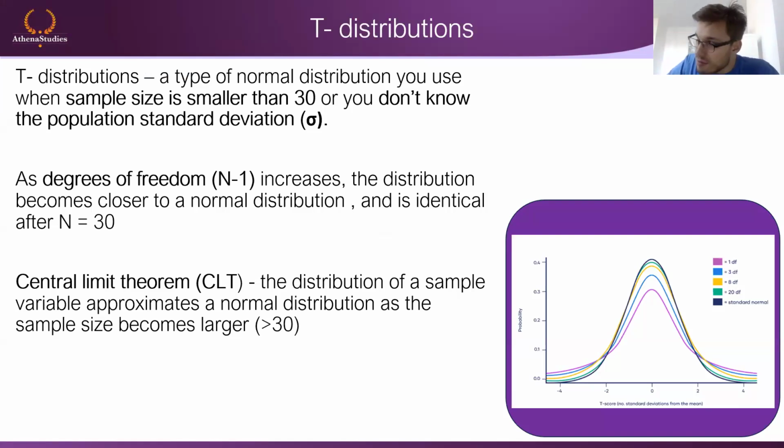Now, most of the time you don't know it. This is why t-testing is so overpowered. I love it because you almost never know the population standard deviation. If I tell you to go out and find the average price of homes, you don't know the standard deviation. There are very few populations for which you do, and then you use something called a z-test. But in 99% of cases, you just use the t-test because you don't know the population standard deviation.